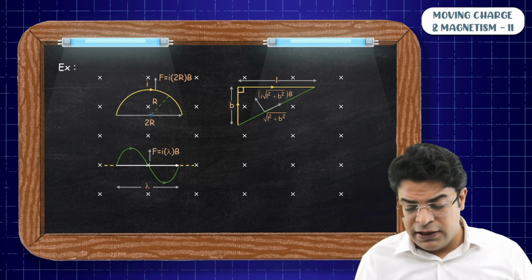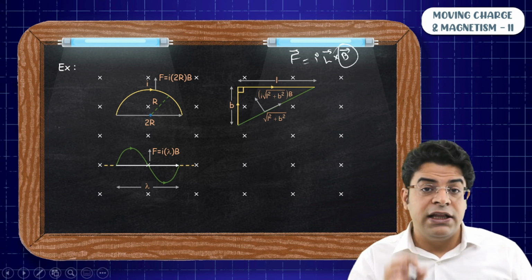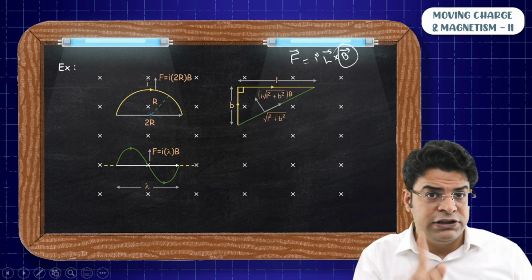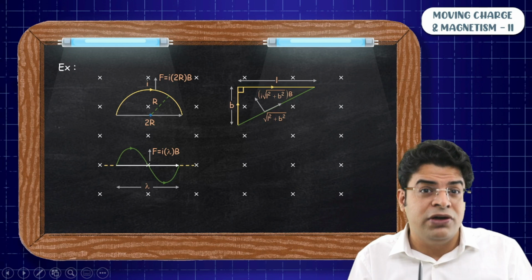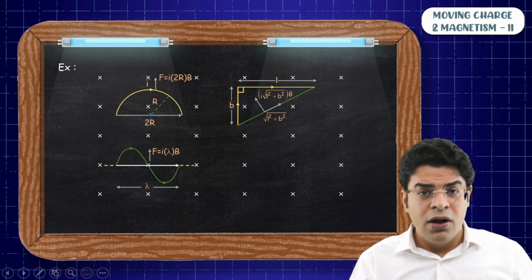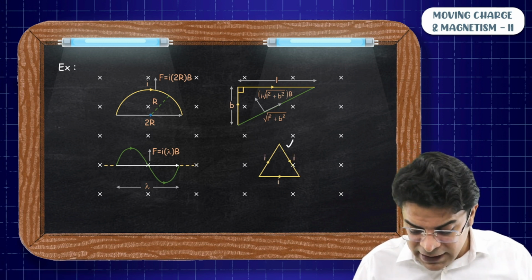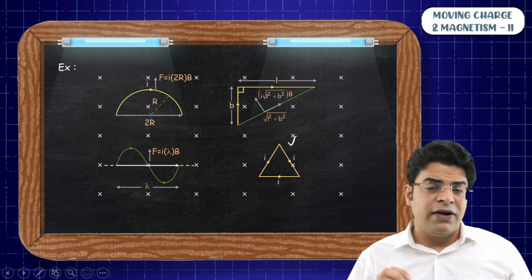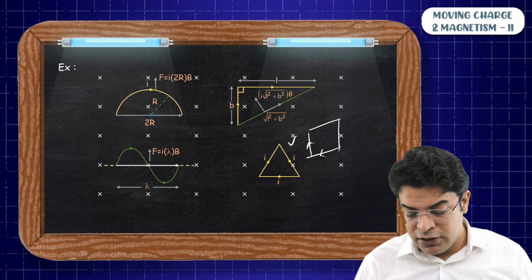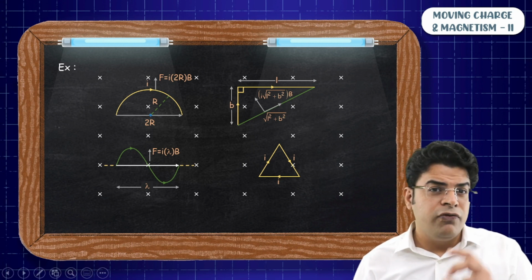Do understand that we can use F equals I into L cross B only when the field strength is constant. Same magnitude, same direction. Now this brings up a special case, and this is no general special case, it's a very special case. What if we have a current carrying closed loop? For a current carrying closed loop, what will you take the effective length to be? Here I have drawn a triangle, but you can think even of a square or a pentagon or any random shape. So if you have a current carrying closed loop, how will you take the effective length?